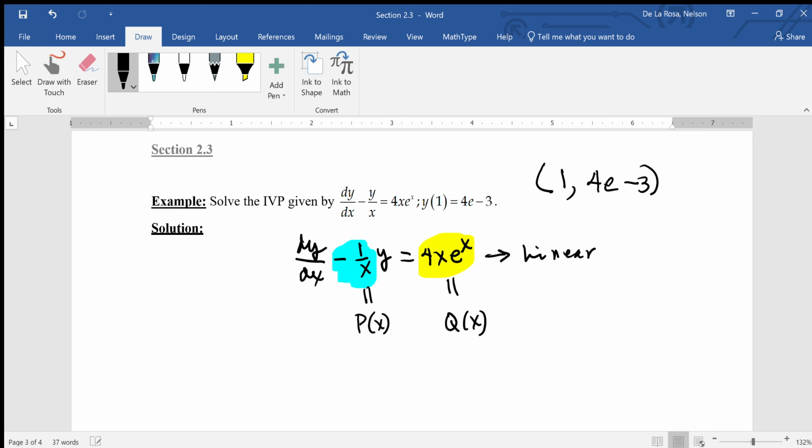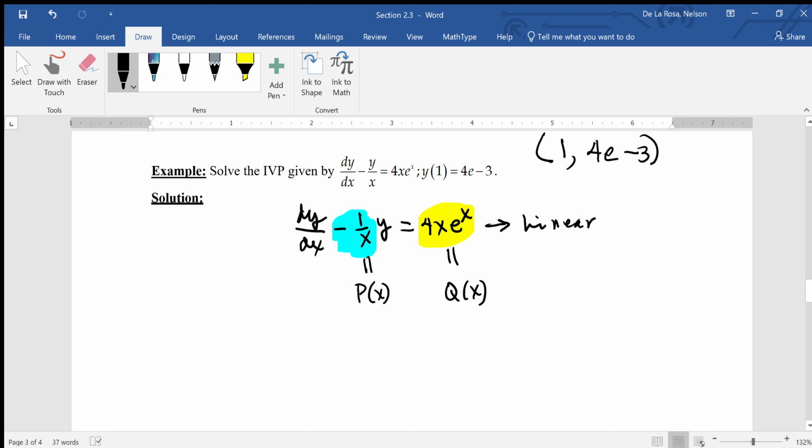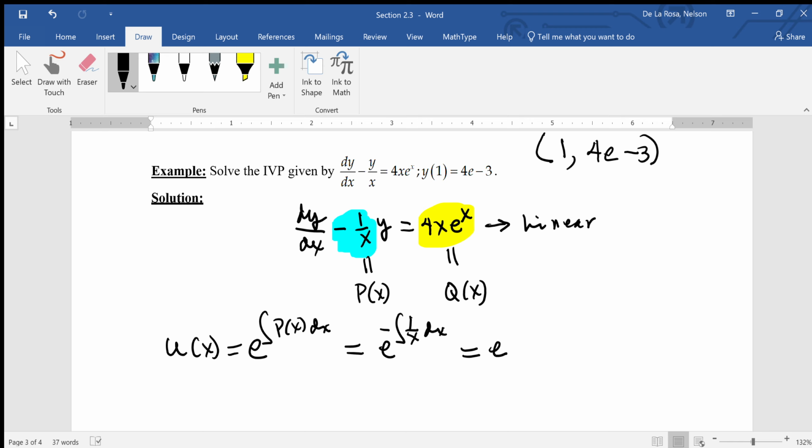And then, since it is linear, we can find the integrating factor, and once we find the integrating factor, we multiply the whole equation by the integrating factor. The same operation we did in the previous example. So we have that our integrating factor is e to the integral of p of x dx. So in this occasion, we have e to negative integral of 1 over x dx, which is e to the integral of 1 over x is ln of x,